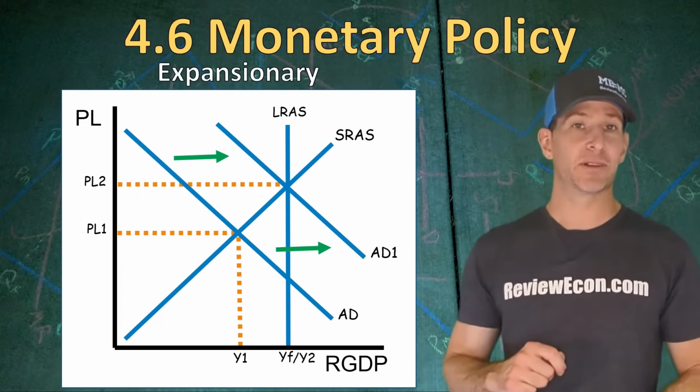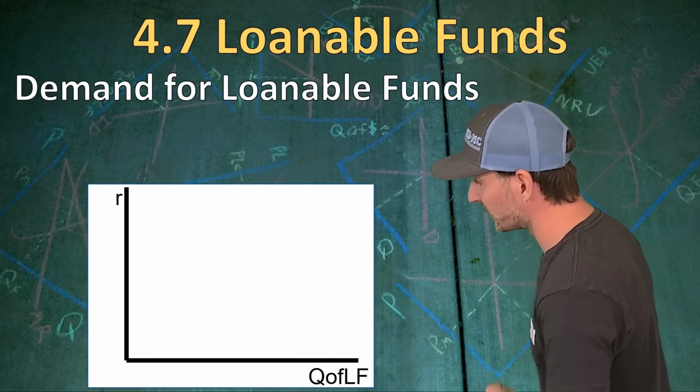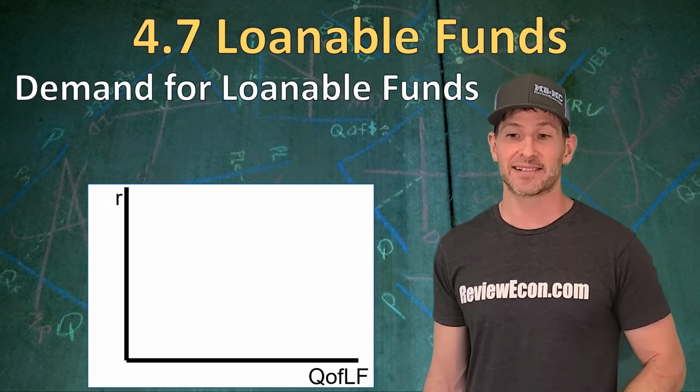The last graph you need to know for this unit is called the loanable funds market. The loanable funds market is the demand and supply for long-term loans. Here, we're going to have the real interest rate on the y-axis, abbreviated with little r. We're going to have the quantity of loanable funds on the x-axis, and our demand curve is a downward sloping investment demand, labeled ID. That is the demand by businesses for gross investment.